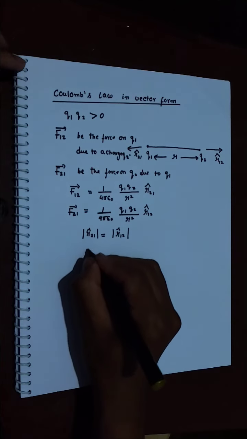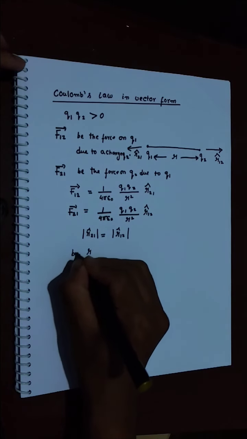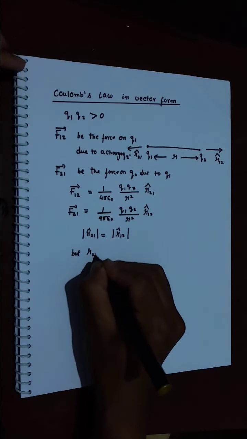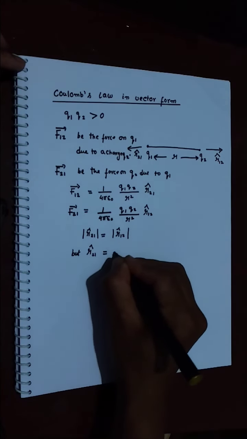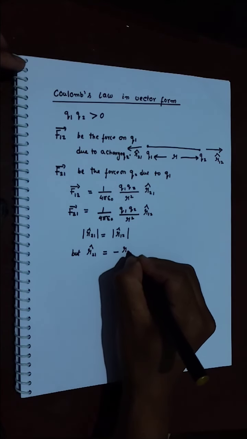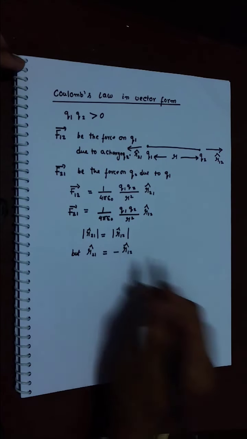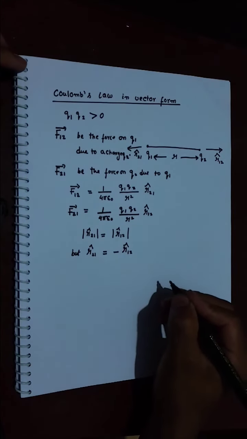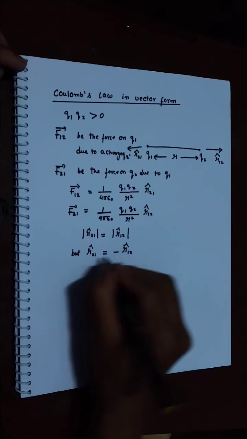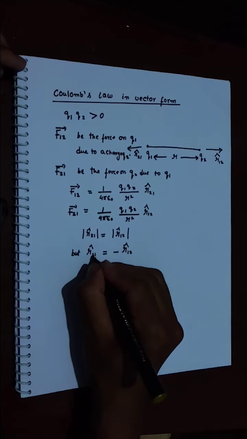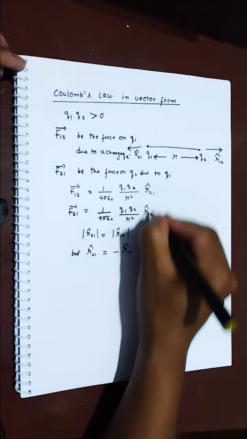So here we can write R21 cap is equal to minus R12 cap. Equal in magnitude, opposite in direction. So if we substitute this value of R21 by this R12 in this equation,